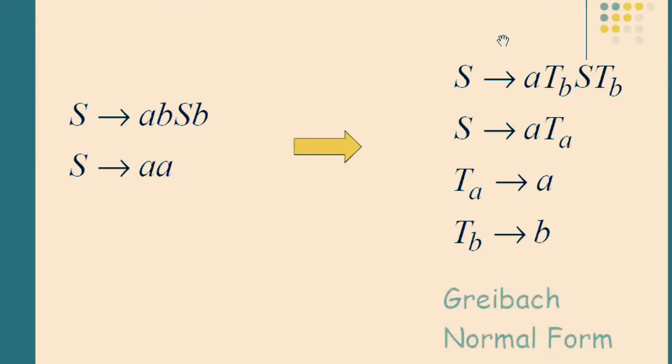So we are done with both the normal forms. Two normal forms, that is Chomsky normal form and Greibach normal form. Okay, so this is